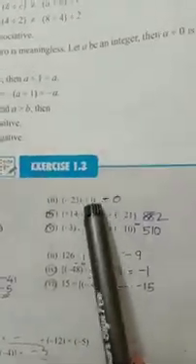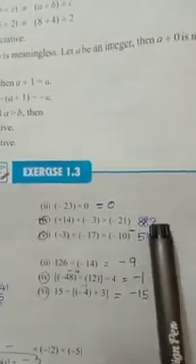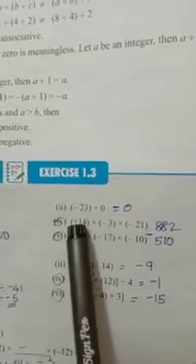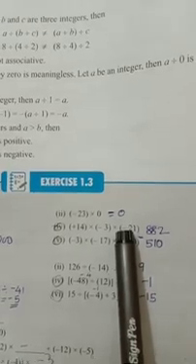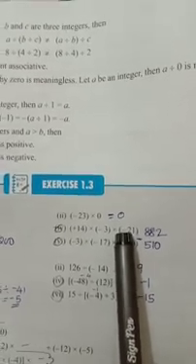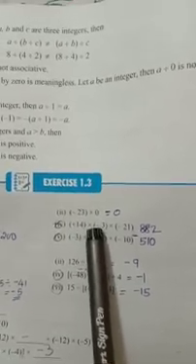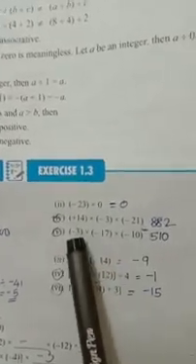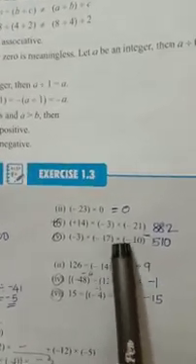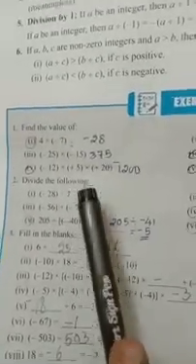Any number into 0, that is 0 only. Here you multiply the numbers, you will get 882. Sign you check it. Different sign, it will come negative. Negative, again negative, that will come positive. First you combine this plus minus. Different sign negative only. Negative into negative, again same sign, it will come positive. Here also same sign positive, positive and negative, different sign, it will come negative. You multiply. Clear?